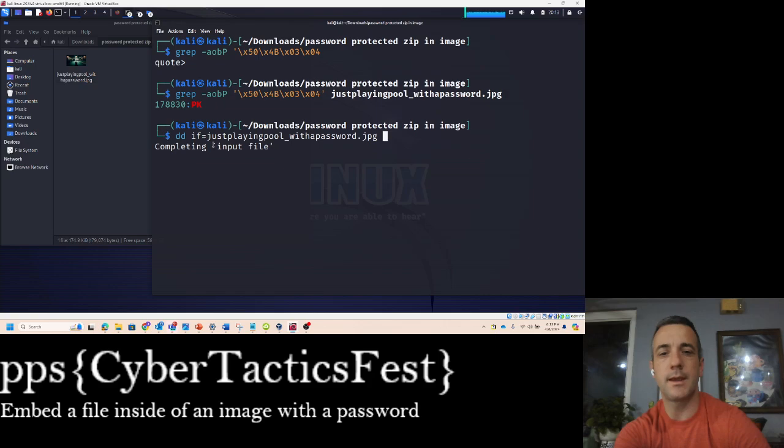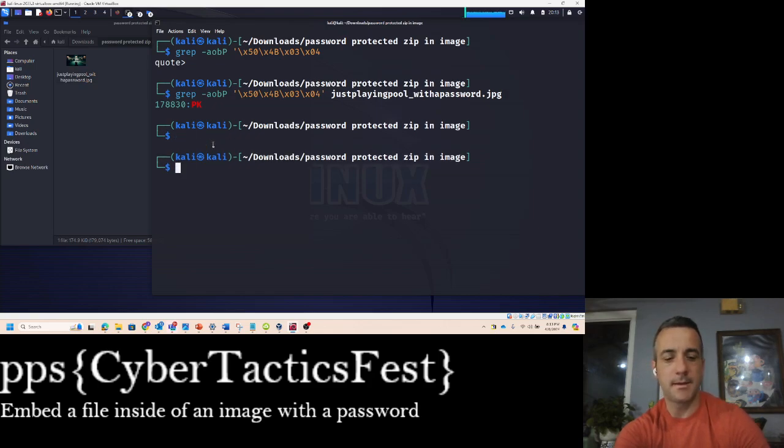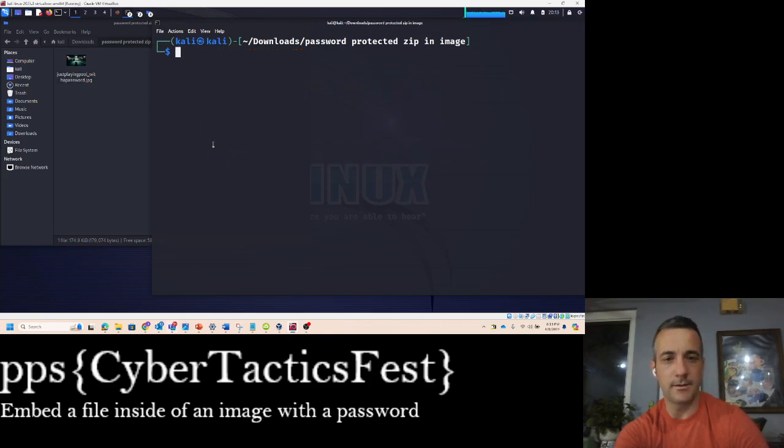Just playing pool. Yeah. All right. So I don't know what's going on with the completing input file down here, so I'm going to Control C all that out. I'm going to Control L to make this brand spanking new, and I'm going to start over. So I'm going to dd and I'm going to if